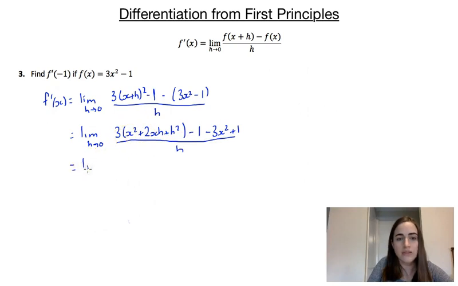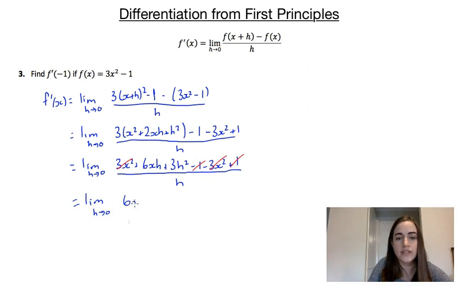Now going through and expanding that one last bracket, we've got the limit as h approaches 0 of 3x squared plus 6xh plus 3h squared minus 1 minus 3x squared plus 1 over h. And now we want to cancel things out, so my 3x squareds cancel and my minus 1 and plus 1 cancel. So that's going to give me the limit as h approaches 0 of 6xh plus 3h squared all over h. Now my h's do cancel again, and this time I'll be left with the limit as h approaches 0